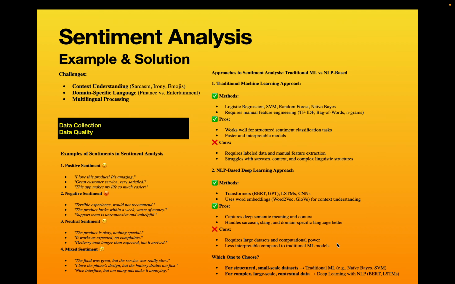Whenever you are trying to design certain solutions, keep in mind that two things are super important before jumping into sentiment analysis: data collection and data quality. Why am I saying this? How the data is going to be collected is very important, because if the data is not collected in a proper way, it will collect random noise rather than important feedback.